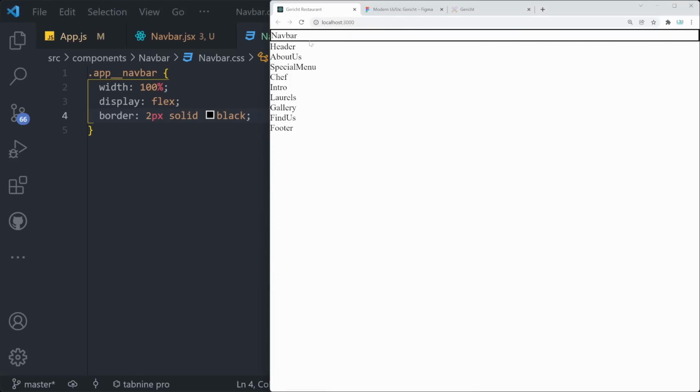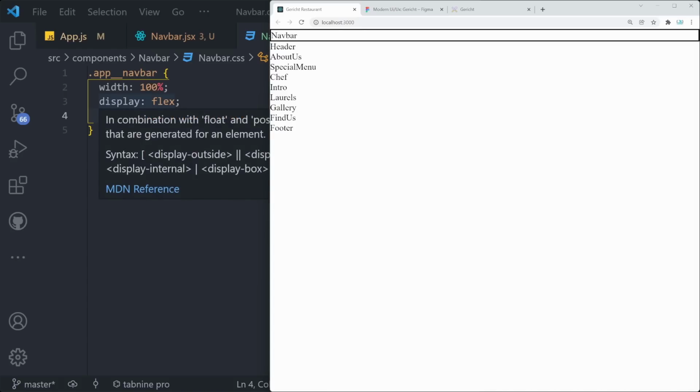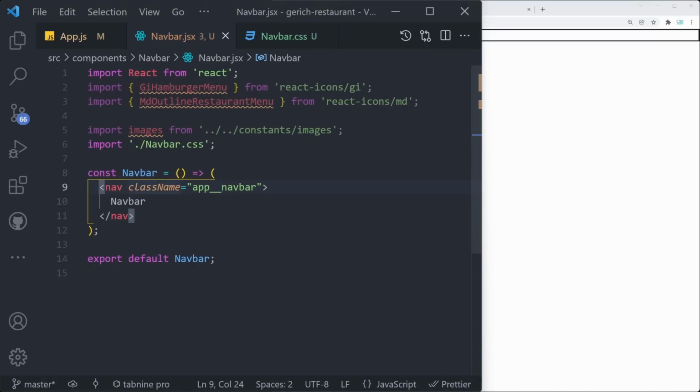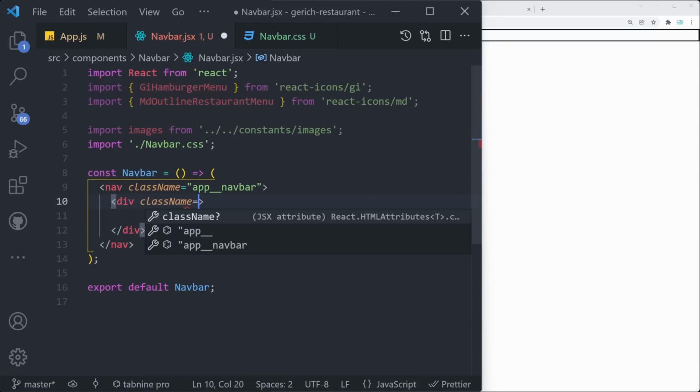There we go. Now we can first add some more elements into that navigation bar, and then we can continue with the styles implementation. That way, we'll see what the styles that we write actually change in the code. So let's create a div inside of this navbar, and this div is going to have a class name equal to